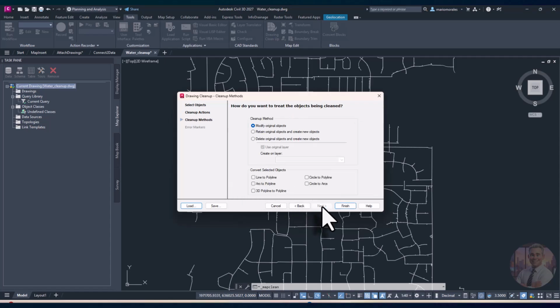We'll go next. Now, what do you want it to do? Do you want it to modify the original objects in your file? Do you want it to keep the original ones and make new objects, or delete and then create new? And then there are some additional cleanup tools you can do as well. Convert all my lines to polylines, all of my arcs to polylines, things like that. All right, now you'll notice the next button is grayed out, and that's where you can review them in the interactive mode. So if I just go finish,